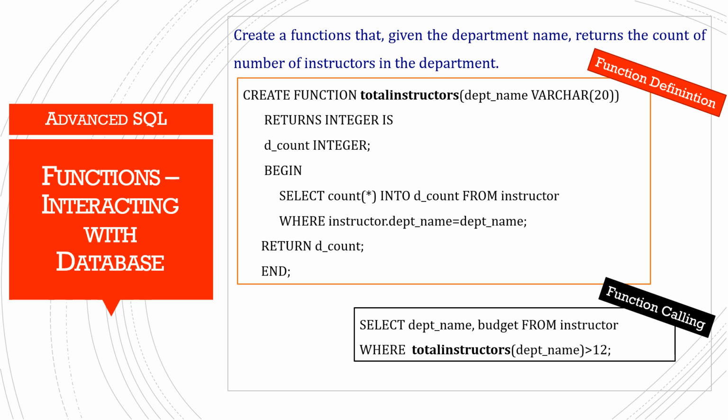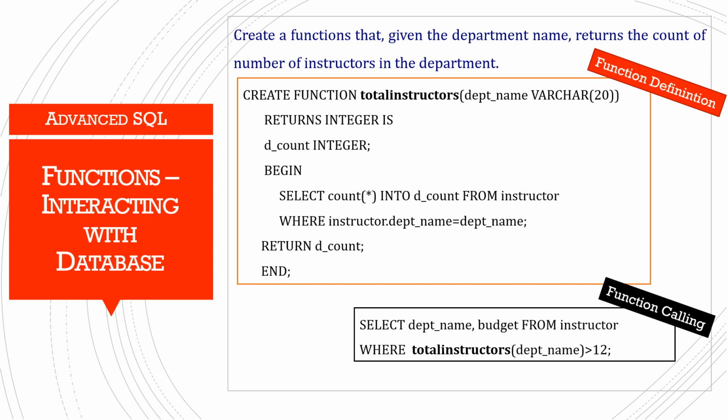Then returns integer is, declare d_count as an integer variable. Then in the begin, select count(*) into d_count from instructor where instructor.dept_name is equal to the passed dept_name, and we are returning the d_count value.